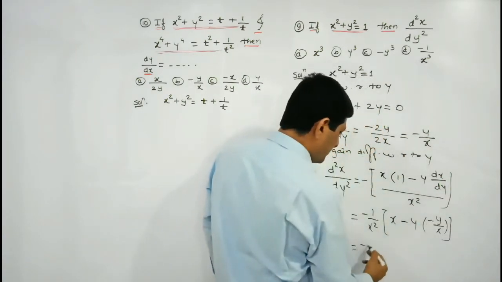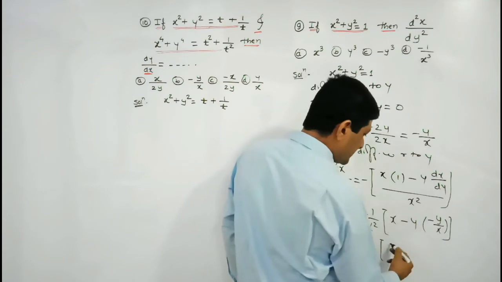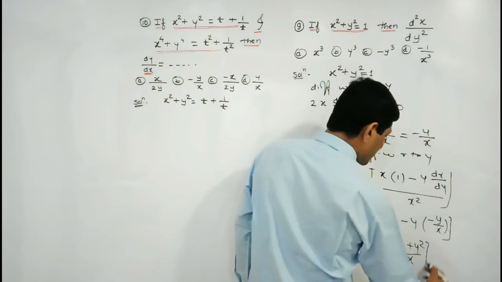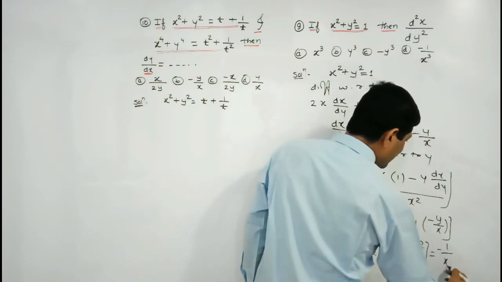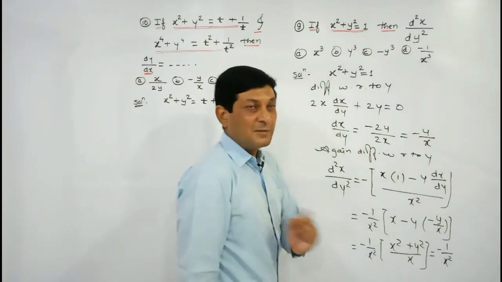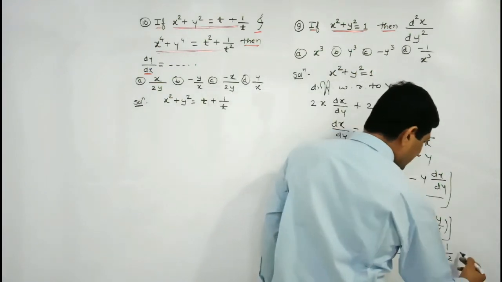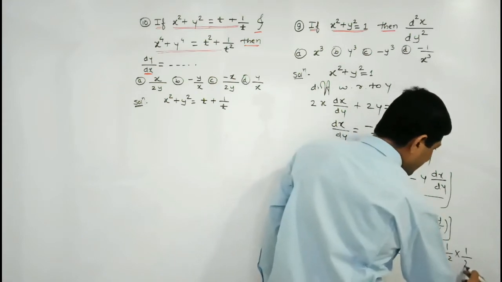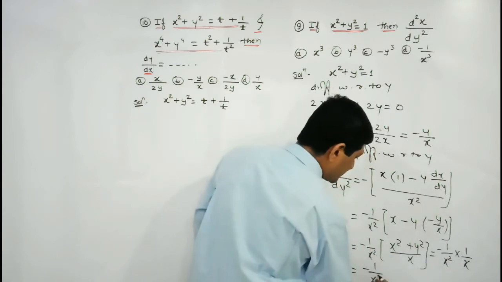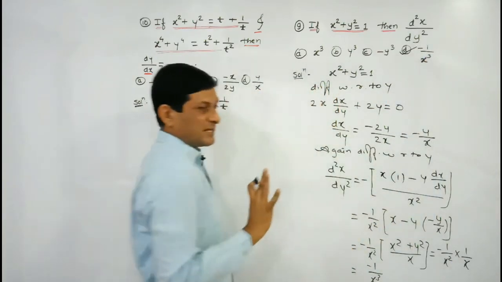So which is equal to minus 1 upon x square, keep it as it is. Now here we are taking cross multiplication, x into x is x square, and minus y into minus y is plus y square, divided by x. So which is equal to minus 1 upon x square, keep it as it is. Now here we can observe that in the numerator we have got x square plus y square, but x square plus y square is equal to 1, it is given to us. So I am replacing this numerator by 1, and in the denominator keep this x as it is. So let us simplify: minus 1 upon x square into x will be x cube, means what answer are we getting here, minus 1 upon x cube. So minus 1 upon x cube will be the required differentiation.